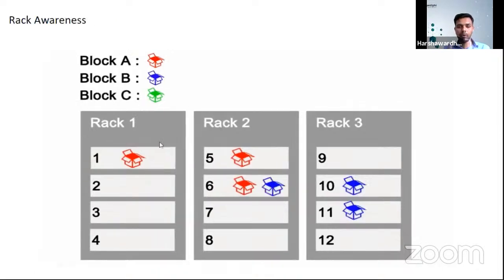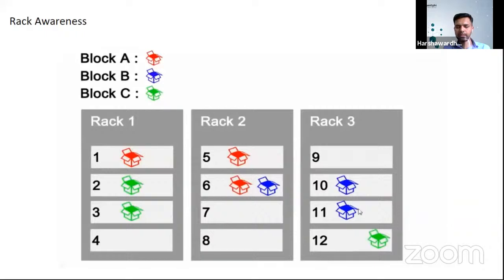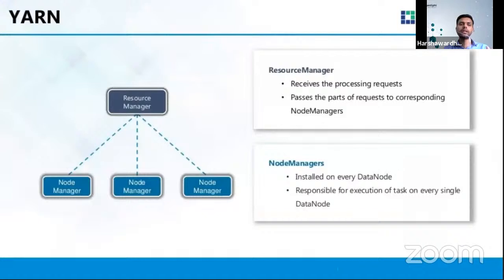Let's see how block B would be stored. It's random. You cannot just mathematically calculate it. There is an algorithm running behind the scenes which keeps track of this, and this is how it gets stored. And the third one goes like this. It is very random. You can see on node number 6 in the middle, 2 blocks have been stored. That means the blocks can be stored together, but it's not the same block. It's not red, it's red and blue. So this is how it stores the data in HDFS.